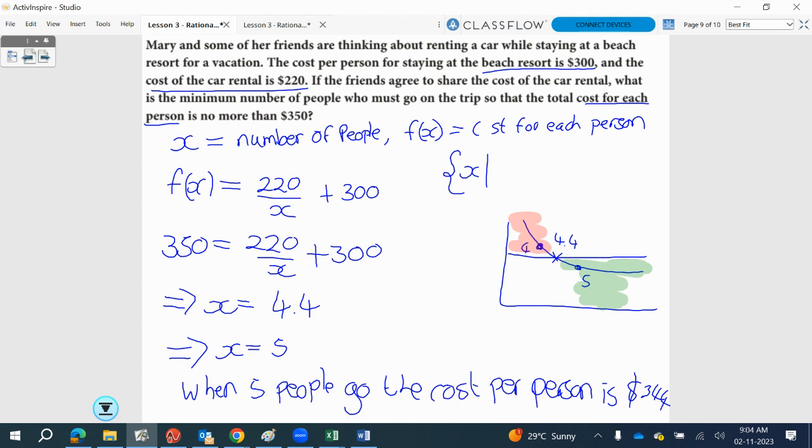The function is the entire function. But what would be the lower bound of the domain of the function? What's the smallest number of people you can divide the cost of a car amongst? What's the largest amount? Technically 8 billion, but